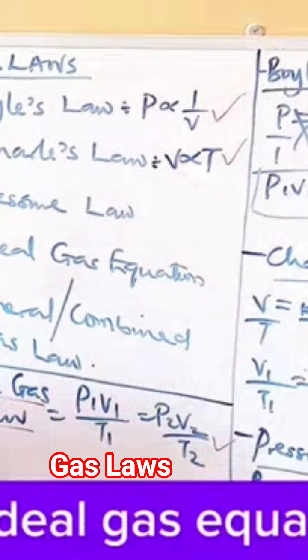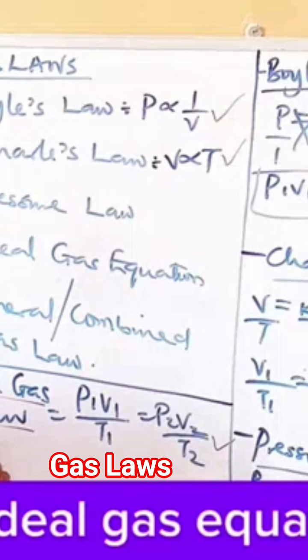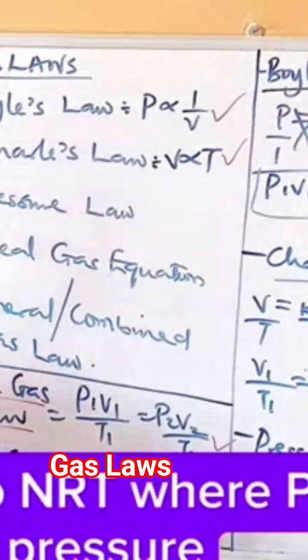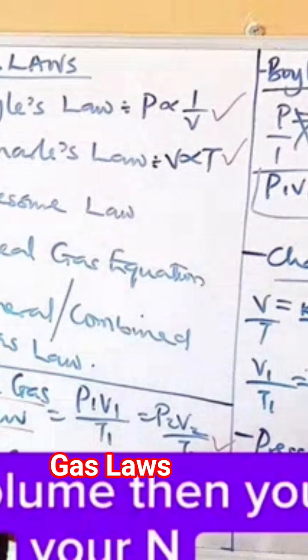So for the ideal gas equation, the formula is given as PV equals nRT. P is your pressure, V is your volume, then you have your n